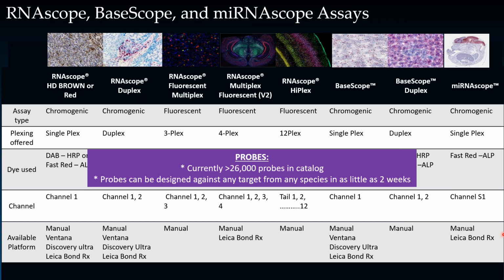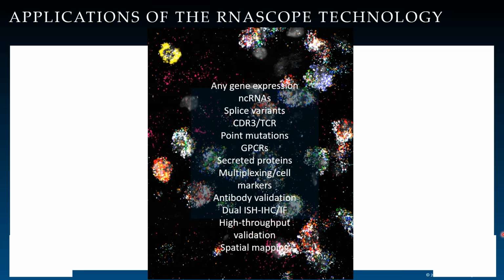Currently, we have over 26,000 target probes in our catalog that are pre-designed and ready to go. But if you're working with a unique target that we do not currently have a probe for, we can design the probe for you within 2 weeks. And as I mentioned, it can be any target in any species. So this type of flexibility really allows us to detect a large number of targets in different research and application